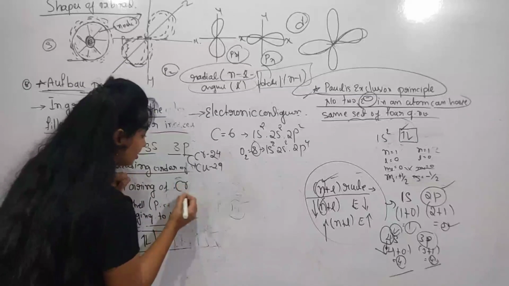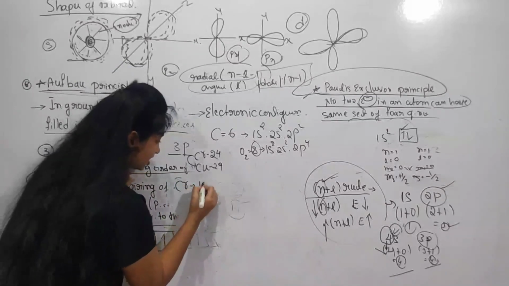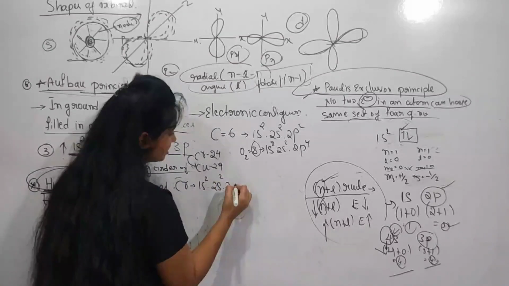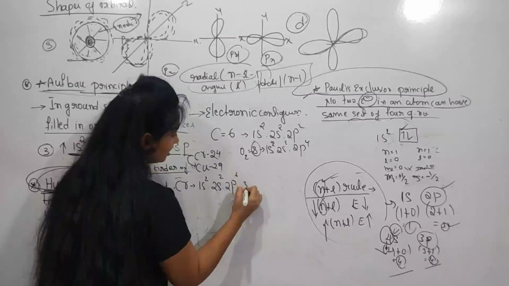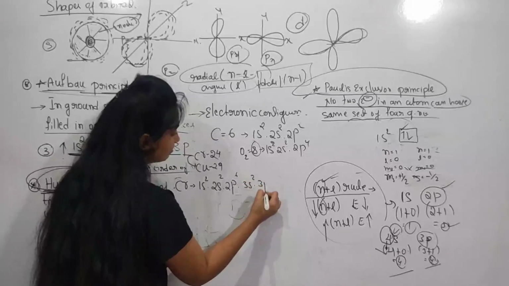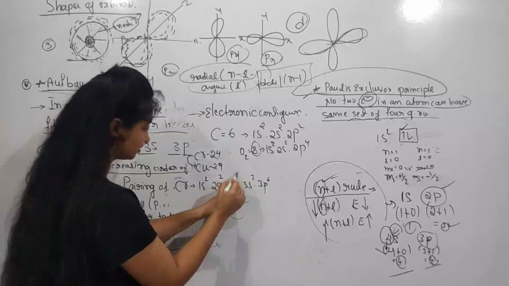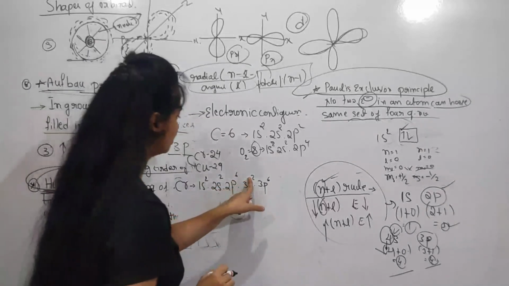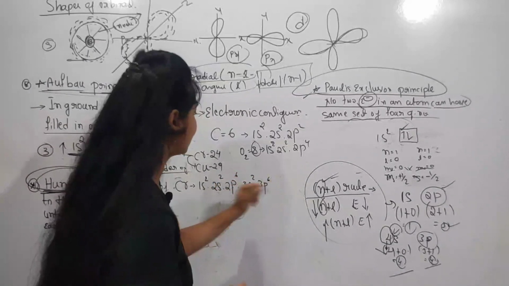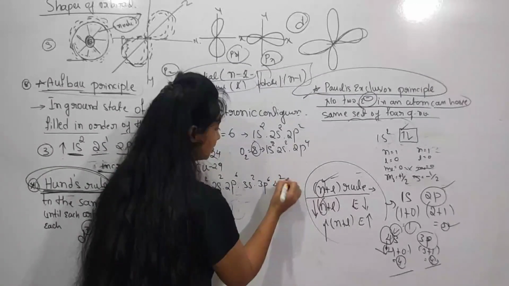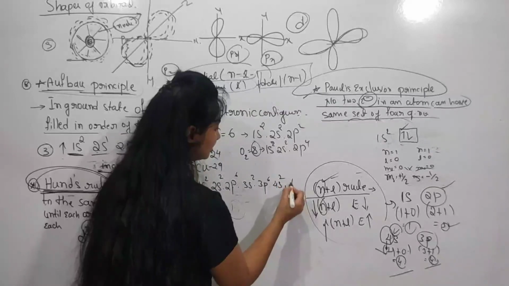Chromium: 1s2, 2s2, 2p6, 3s2, 3p6. So 2 plus 2 is 4, 4 plus 6 is 10, 10 plus 2 is 12, 12 plus 6 is 18, and 4s2 makes 20, and